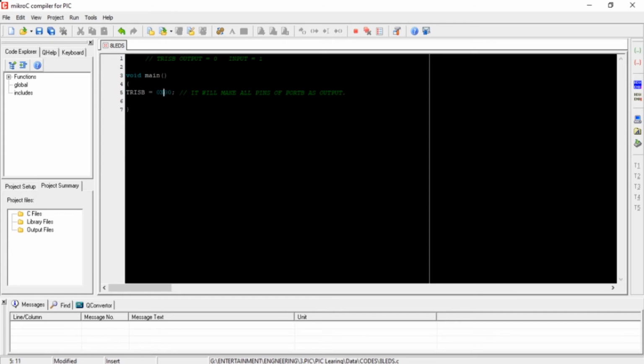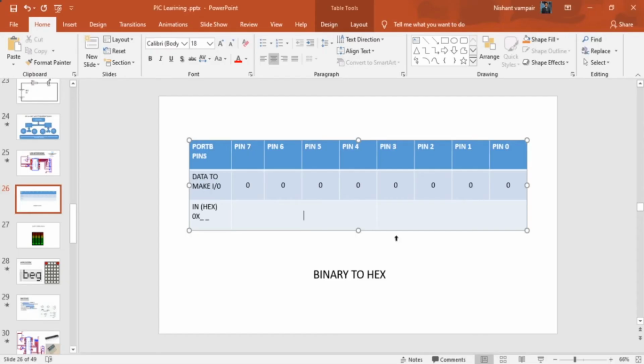This 0x00 is hexadecimal data. If we convert this 00 into binary form, it will look like 00000000. So this is the data in binary form and this is the data in hexadecimal form. Let us take a look at how this data is formed. To learn this, you need a table. Just write the pin numbers from right side to left side: pin 0, pin 1, pin 2, pin 3 up to pin 7.